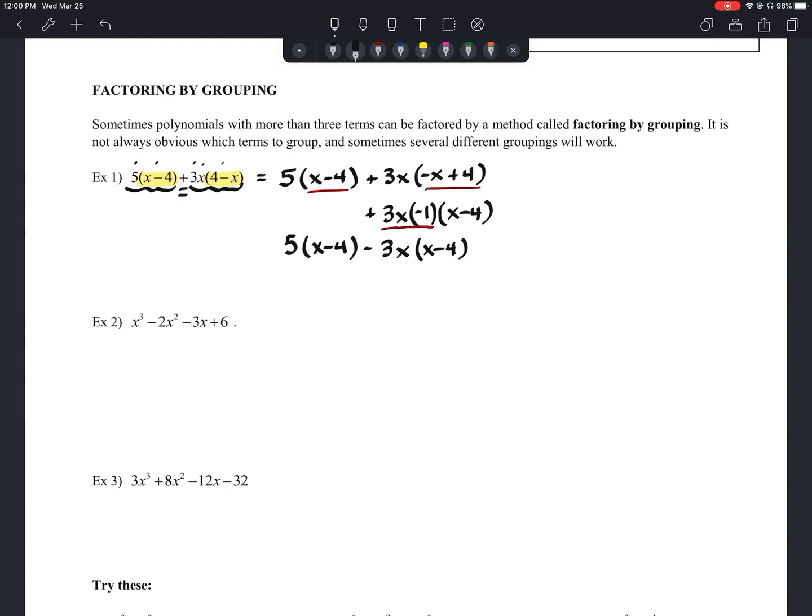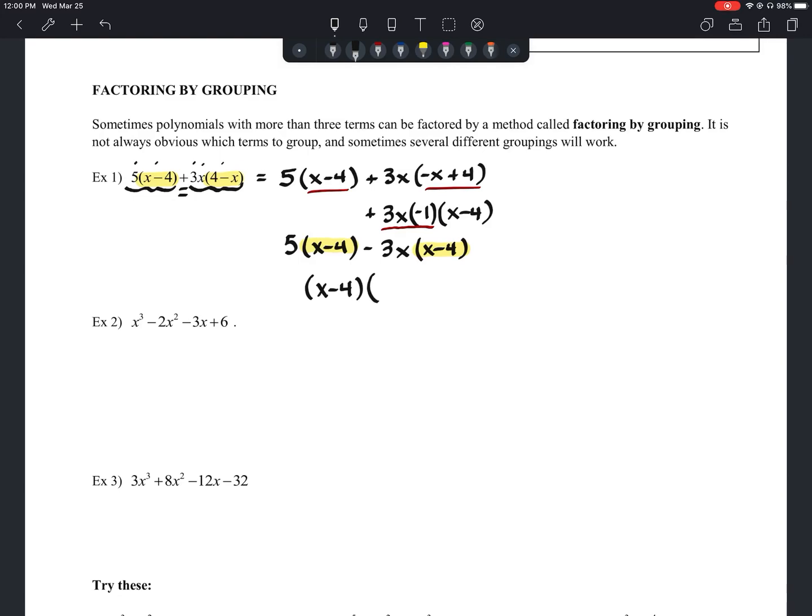Okay, but as I look at this now, when we think about our factoring progression here, do we have a common factor? And in this case, we do, right? We have this x minus 4 is now a factor in each of the two parts of this expression. So let's go ahead and factor that out like it's a greatest common factor, right? I'm going to pull out that x minus 4 out here, and then we're going to look at what's left